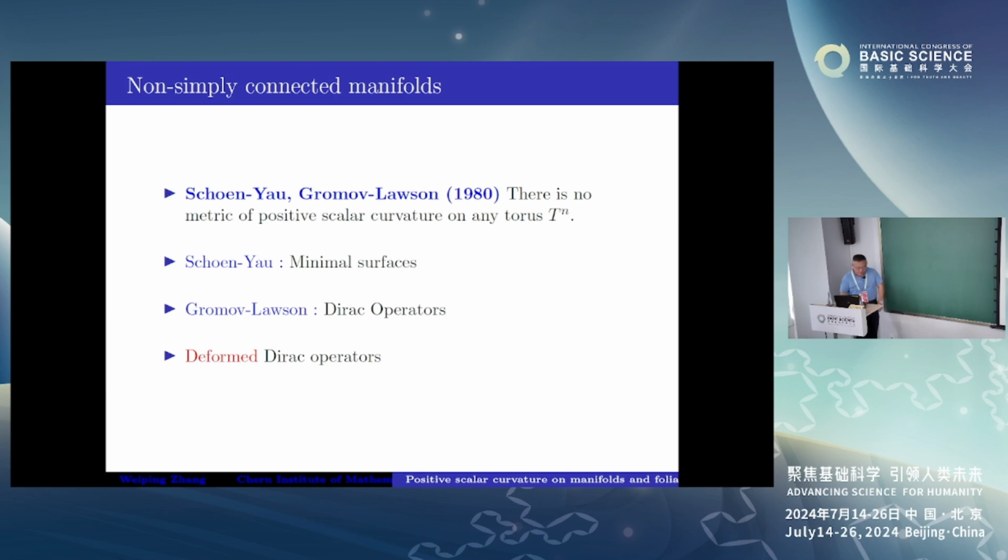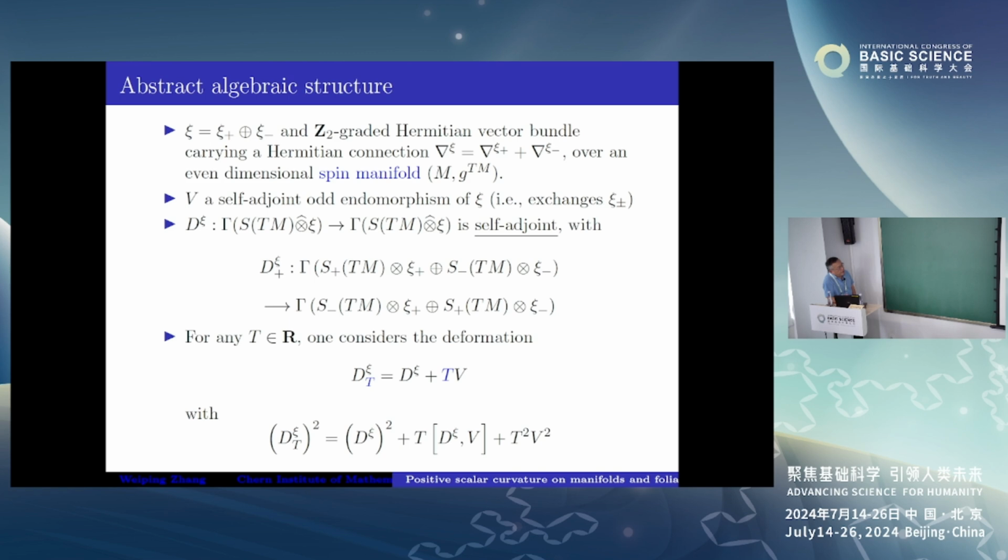And Gromov-Lawson make use of Dirac operators. And in many cases, it turns out that the deformed Dirac operators can also play an important role. And the setting is indeed very simple. So instead of considering a single twisted vector bundle, we consider a Z2 graded vector bundle. It's a direct sum of two Hermitian vector bundles, and we take a Z2 graded Hermitian connection, certainly. And then we assume, for simplicity, that it's an even dimensional spin manifold. And we also assume there is a V, a self-adjoint odd isomorphism of Xi. The odd means that it exchanges Xi plus and Xi minus. And in this case, we can consider the Z2 graded tensor product of these. That means it admits a natural Z2 splitting, where the plus part will be S plus tensor Xi plus, plus S minus tensor Xi minus,